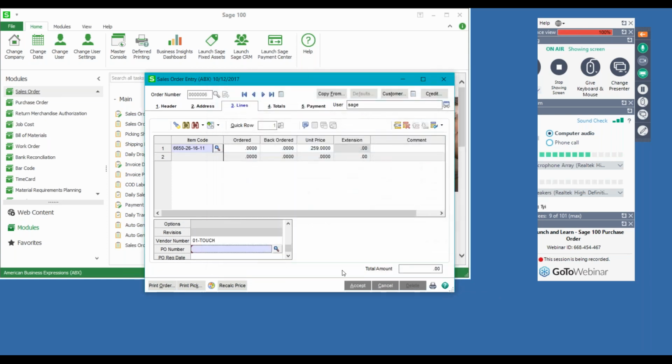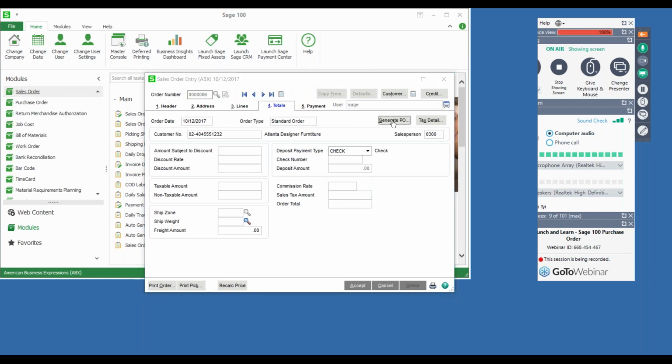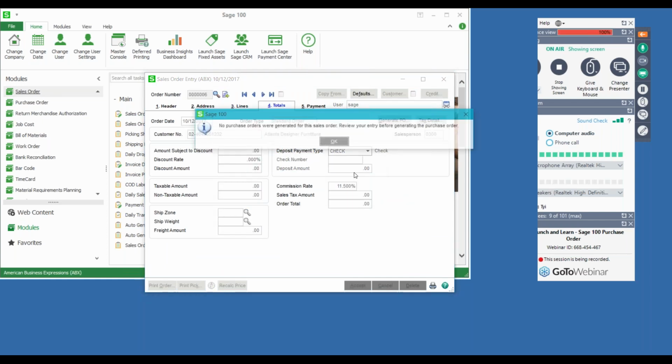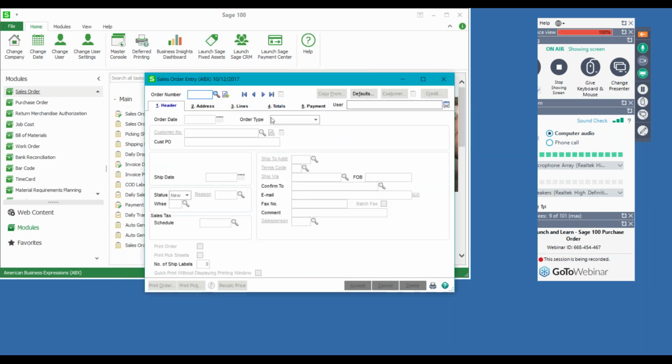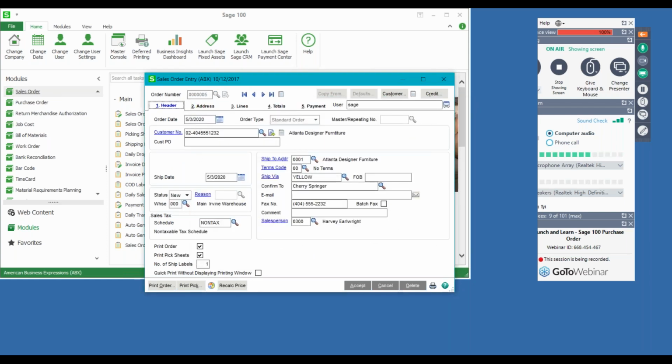I'll assign it one since it doesn't have one. Right here in the system, here's where that new generate purchase order button is. So what would happen for this order is it would simply go through and generate that order in the system. In my case, it's not generating an order because there's quantities available, and depending on your setups, it generates the purchase order, whether you tell it to force the purchase order generation or whether, if based on quantities, it will not automatically do that purchase order